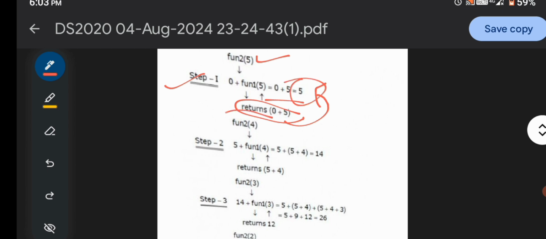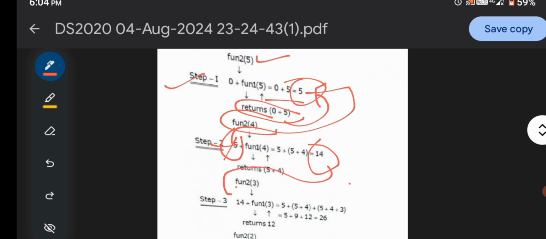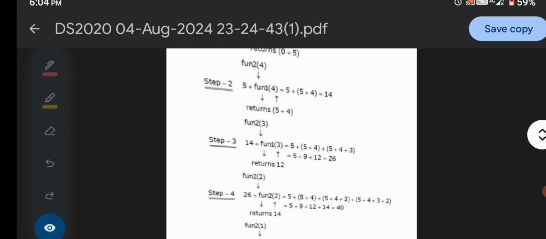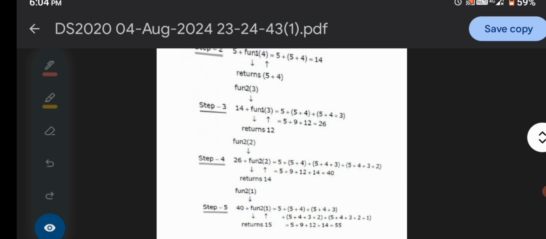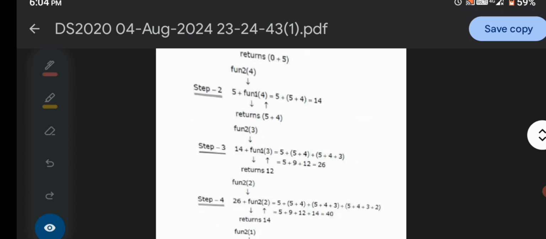Again here we get function 2 with n equal to 4. When n is equal to 4, the return value is n, which is 5, so this value is carried here. Then again it is retrieved, and based on the previous one we get this value and put it over here. The same goes through the flow of the iteration. We get the correct answer for this step 5, because here the step 5 gives 40.